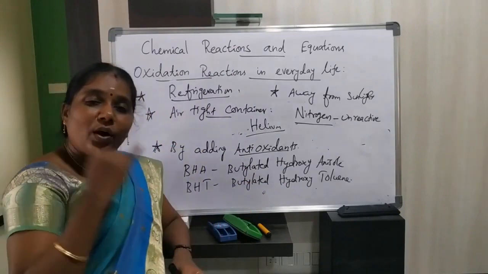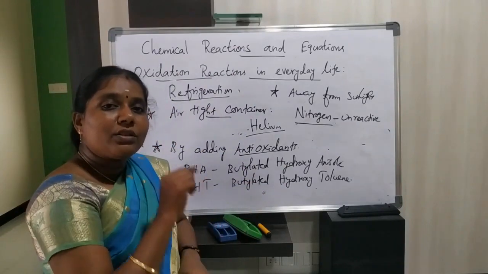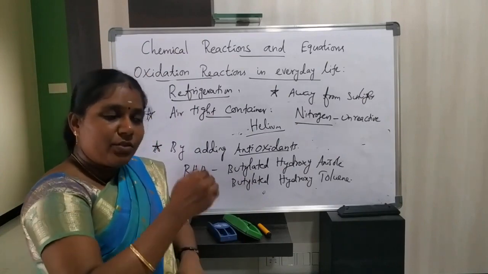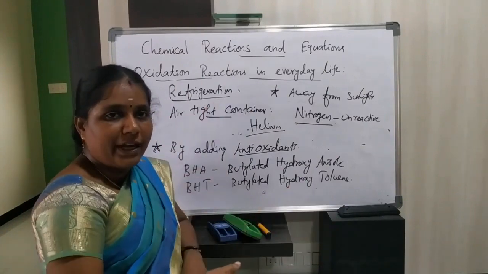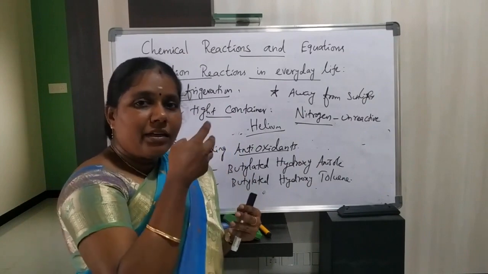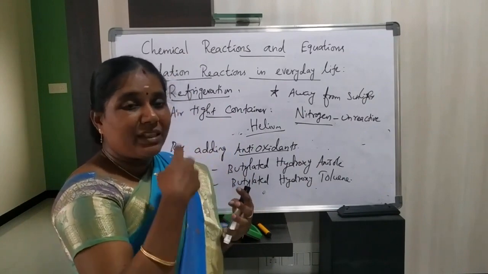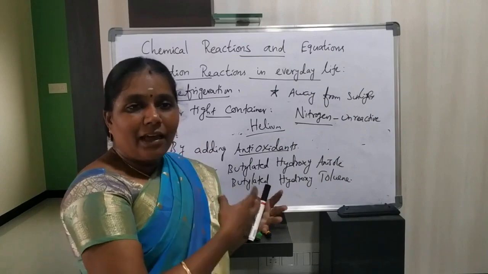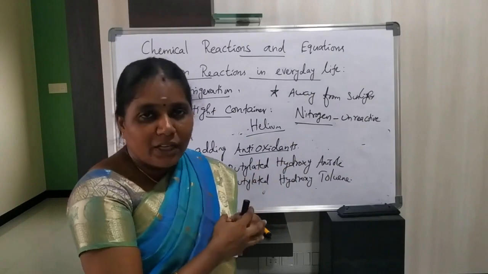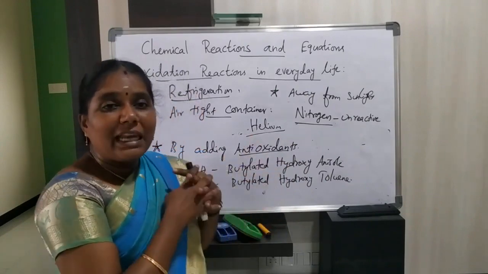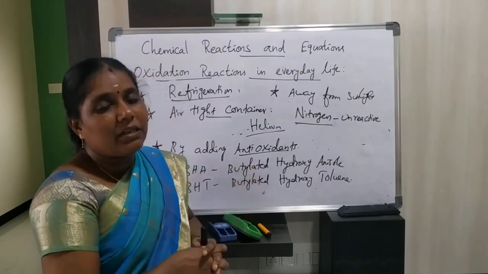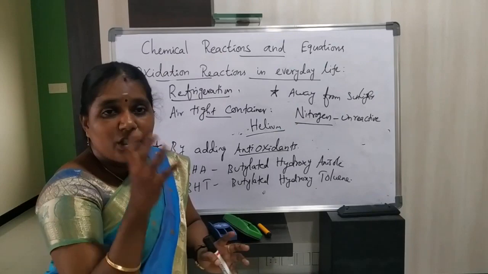Same like this, we have discussed one more example, that is corrosion of copper. How does corrosion of copper take place? Suppose we leave copper metal outside, slowly that copper will lose its shine and its luster with the help of carbon dioxide, air, and moisture. Due to this, it forms a green coating because of corrosion. The name of the green coating is basic copper carbonate, that is CuCO3 . Cu(OH)2,